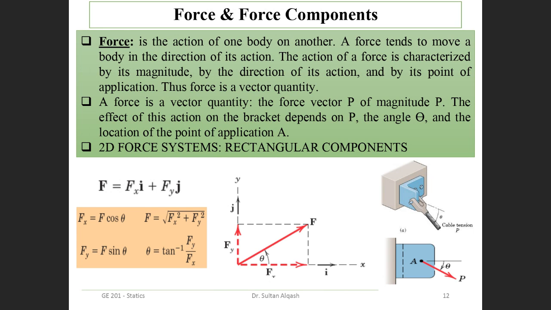Nice. So, inshallah, next lecture we'll talk more about force and force components, but I just presented it here. So force is the action on a body, not of a body. It is the action of one body on another body, right? So what does that mean? It means that if I have, for example, this particle,